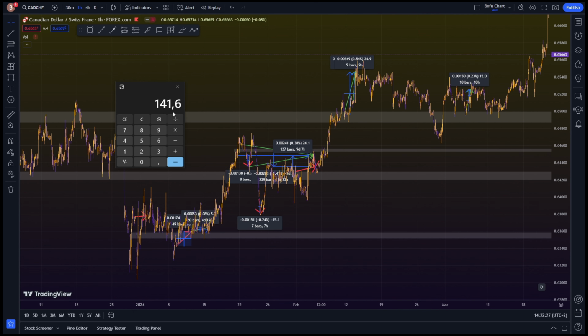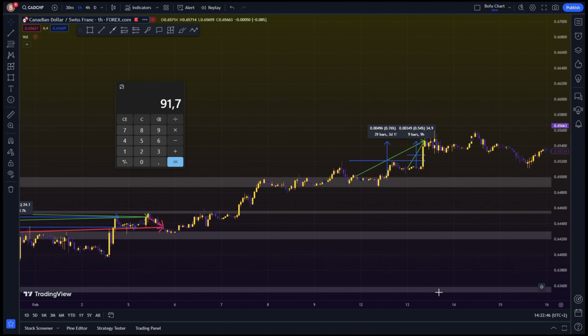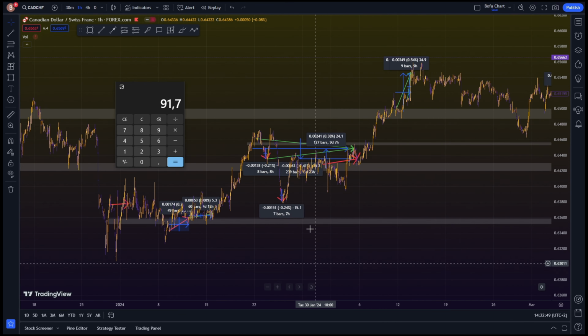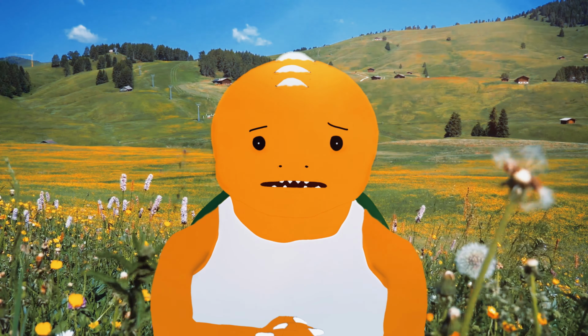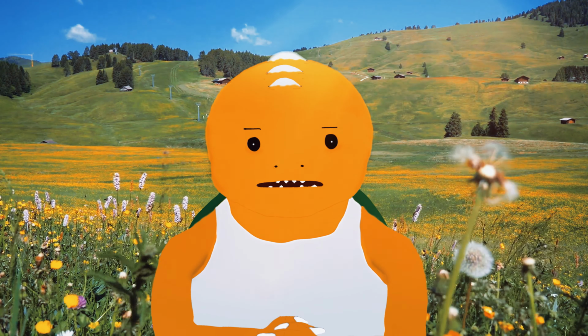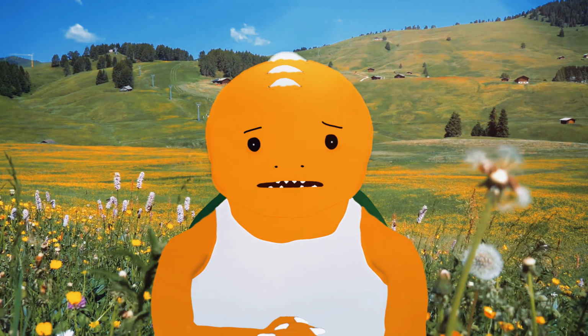I'll calculate how much it would be without adding to this position. 91, so a difference of about 50 pips. So I think this strategy is quite useful. If you become experienced in this and add to positions correctly, you'll significantly improve your risk structure. This allows you to increase your profits on winning trades, which in turn allows you to have greater risk tolerance in other positions. You can afford to take more risk, which in turn can bring even greater profits, and if the price goes in the wrong direction, because you earned more on a winning trade, you are able to cover